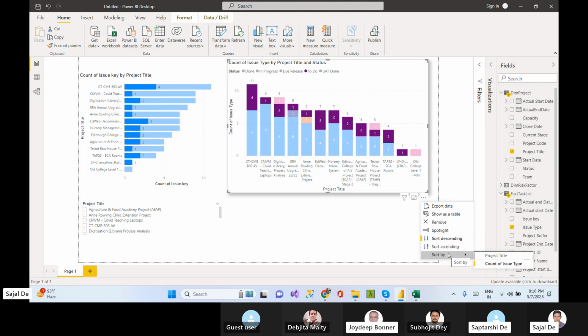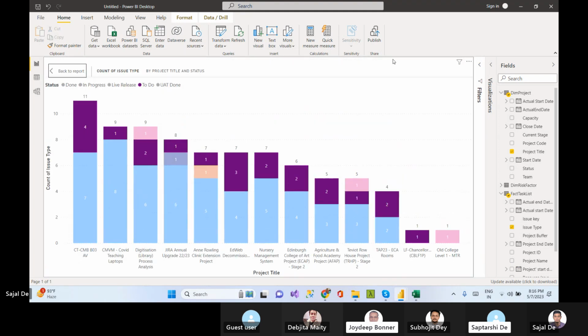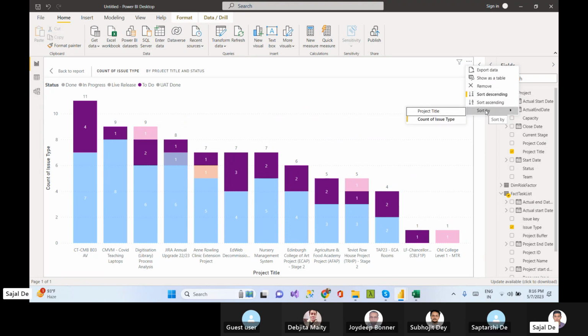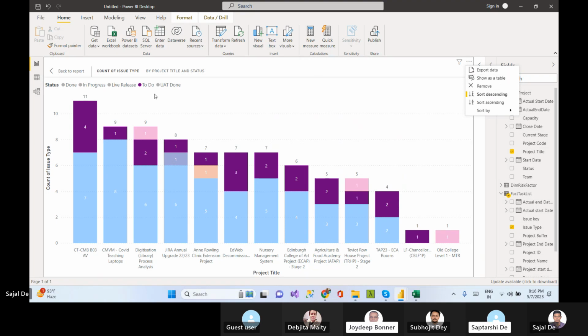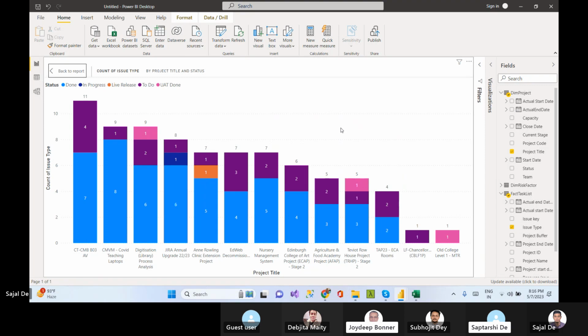Is there any option? Is there? Yes. Now it's not showing, but I can export. It can export. Why I am asking, because